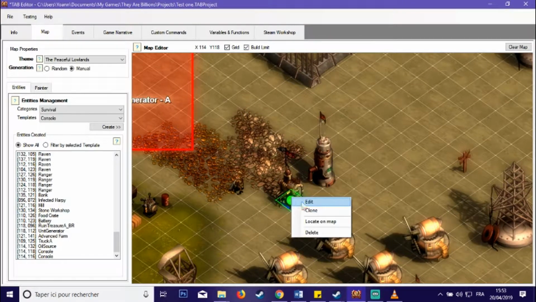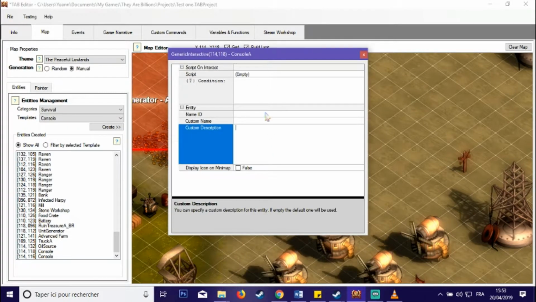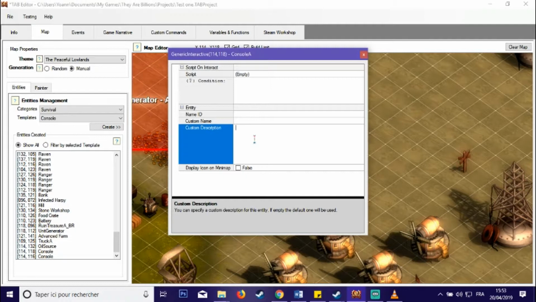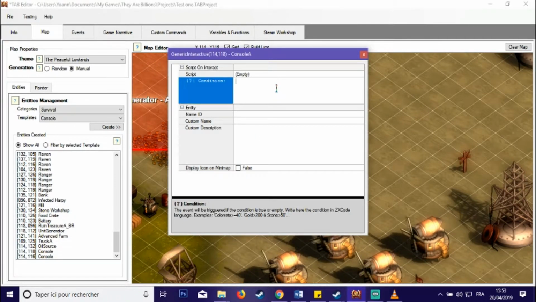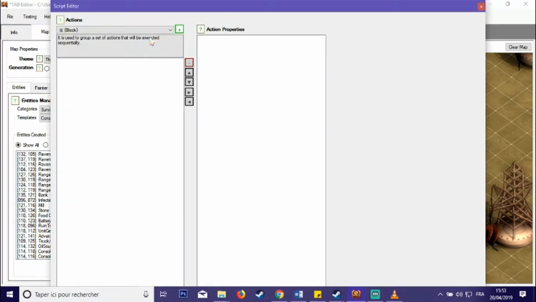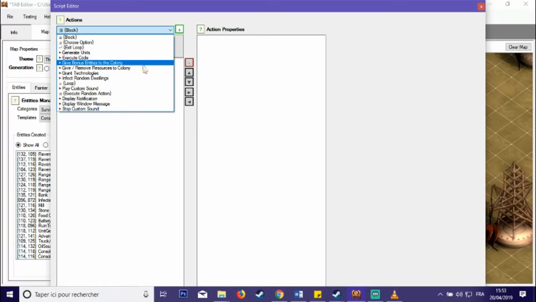When you right click on it and edit, you can see a window with scripts and the entity. The thing with the console is that it is interactive. If you right click on it in the game, it will show what you have scripted here. For example, if I want to show a window when the player right clicks on it with a unit that is close to the console,